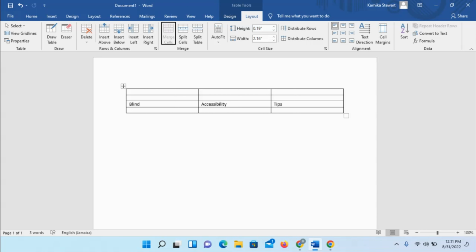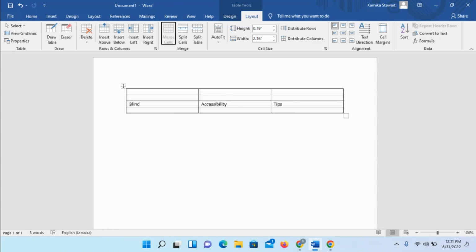Merge. So you can actually choose to merge cells with this option. Merging a cell, meaning that you can merge two cells that are beside each other. You might want to merge them so that they become one, right? 2, 3, whatever cells. You would select them and then enter on this, and it would make those cells become